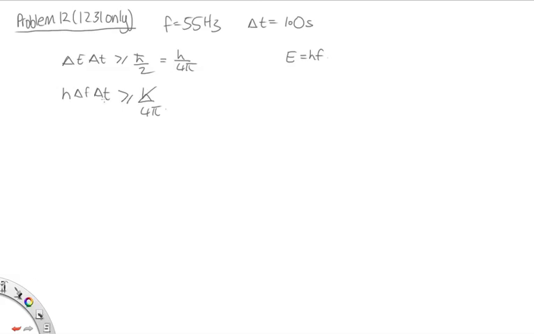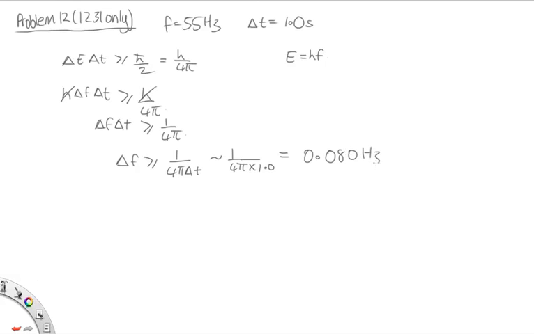So cancelling out the h's, we end up with delta f delta t is greater than or equal to 1 over 4 pi. So we know that delta f is greater than or equal to 1 over 4 pi delta t, which is approximately 1 over 4 pi times 1 in this first case where the note lasts for 1 second. So the uncertainty in the frequency is at least